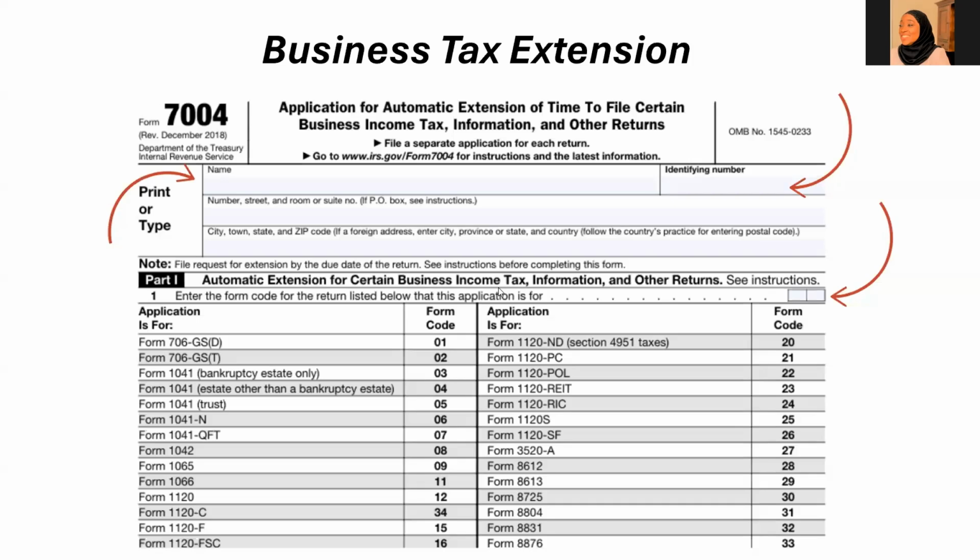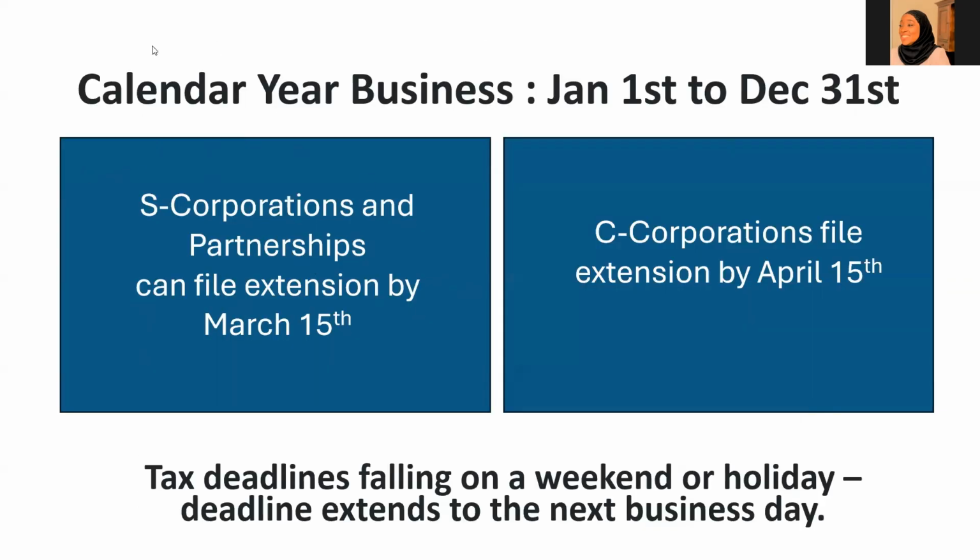This is for business tax extensions. You have to file the extension if you're not going to be able to file on time by March 15th. If you are a C corporation, you have to file an extension by April 15th. It is important to note that a tax deadline falling on a weekend or on a holiday is moved to